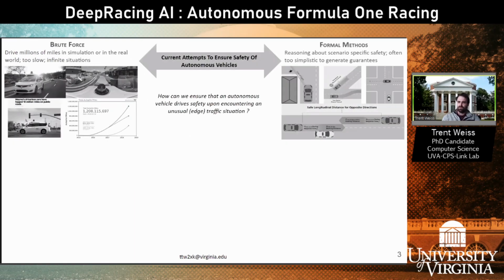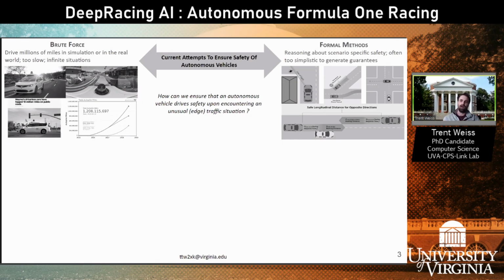So autonomous driving can fall into two high-level approaches. One is the brute force approach, the Google car type approach of just driving a whole lot of miles and hoping that you catch all the data points you're hoping to catch. And a different approach of formal methods, attempting to reason more logically and formally about these autonomous systems. But unfortunately, neither approach really scales that well. We want to make sure that autonomous systems can perform safely in unseen edge conditions,